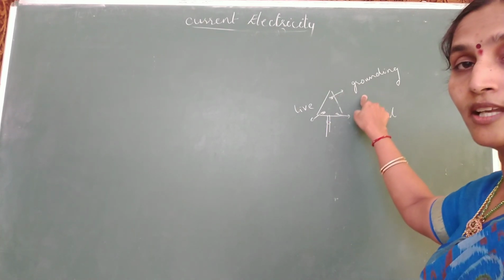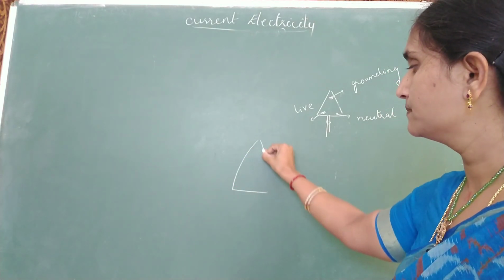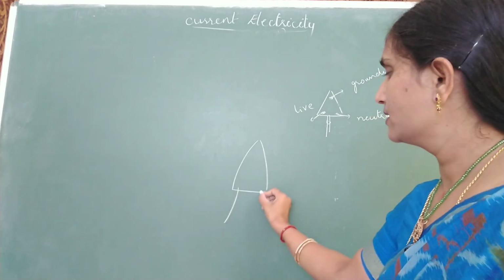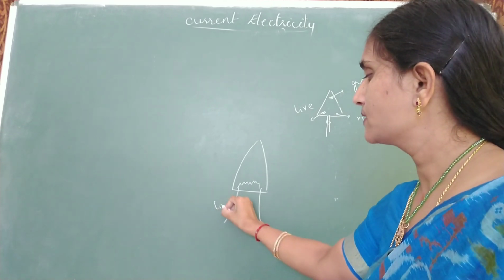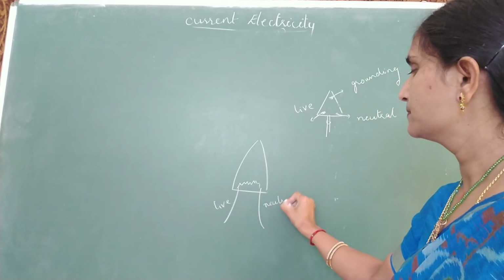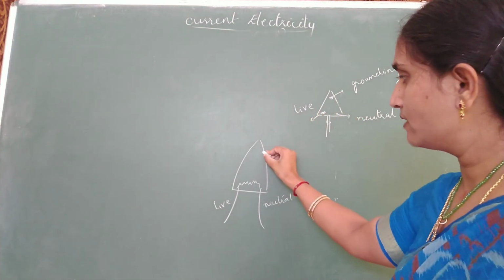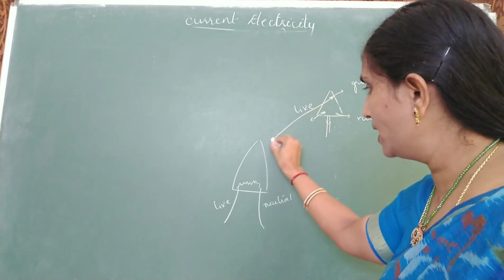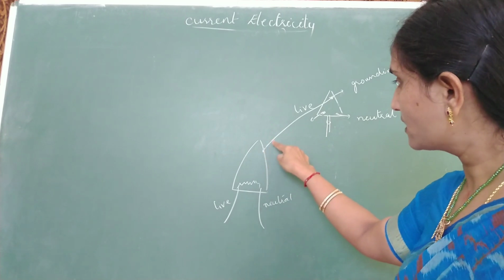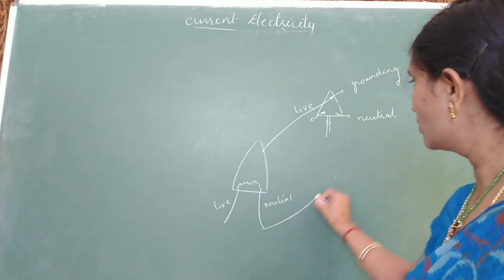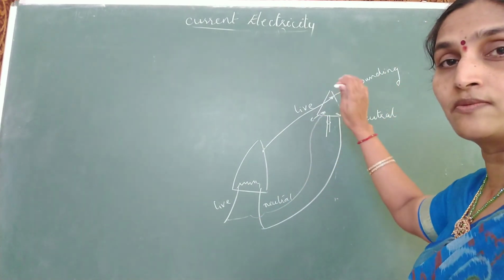So why is grounding necessary? Let us look into it. Say I am taking an iron box which has a metal body. These are the 3 wires. I'll represent it as resistance, live and neutral. Live and neutral will go to these 2 sockets. There will be one more wire which is connected to ground and the metal body, the body of the iron box. Since you have connected it to the metal body of the iron box, this will go to neutral, and this wire is the live wire which is going to one more point to which we plug in the power.